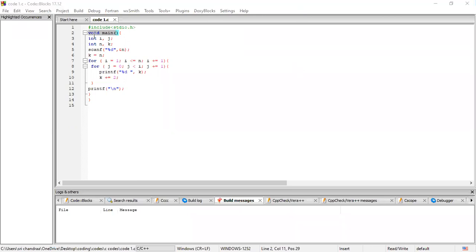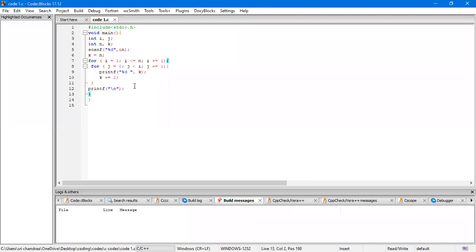So as you can see, this is one of the sample C codes. When you write C code, this is the perfect syntax. Here i, j, n, and k are basic variables of integer data type, and scanf is integer. Integer is one such data type which defines the type of data which we can store in the variables. There are other data types like float, double, char, and other stuff.